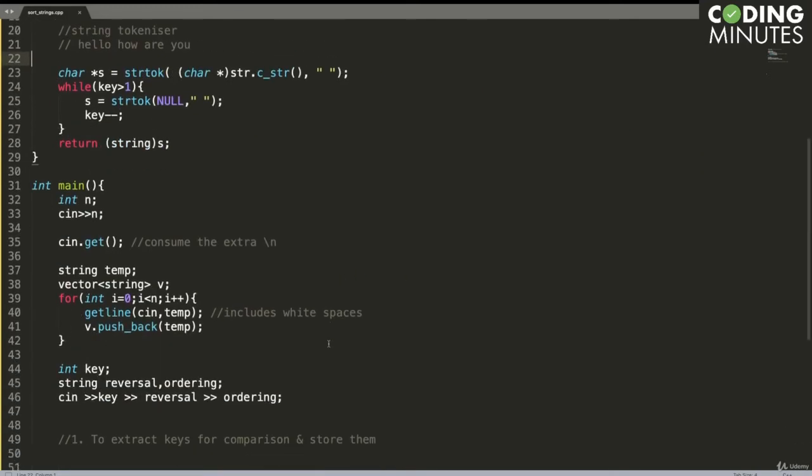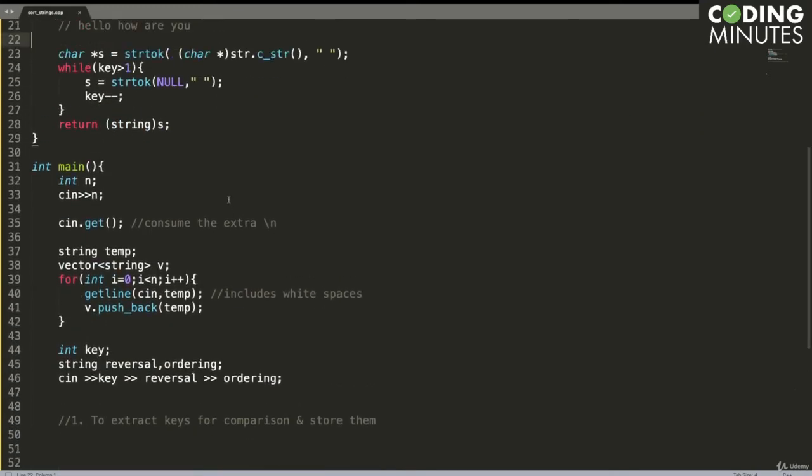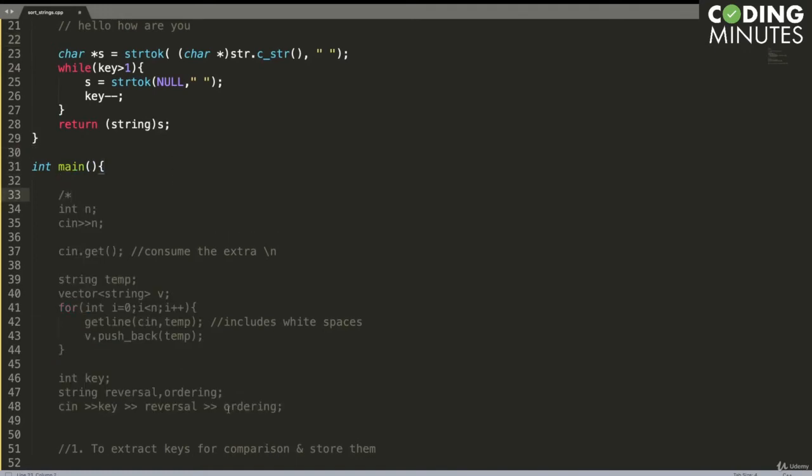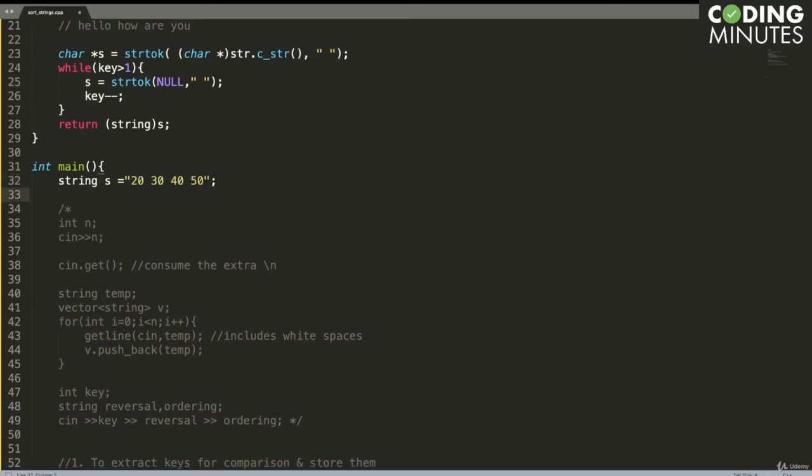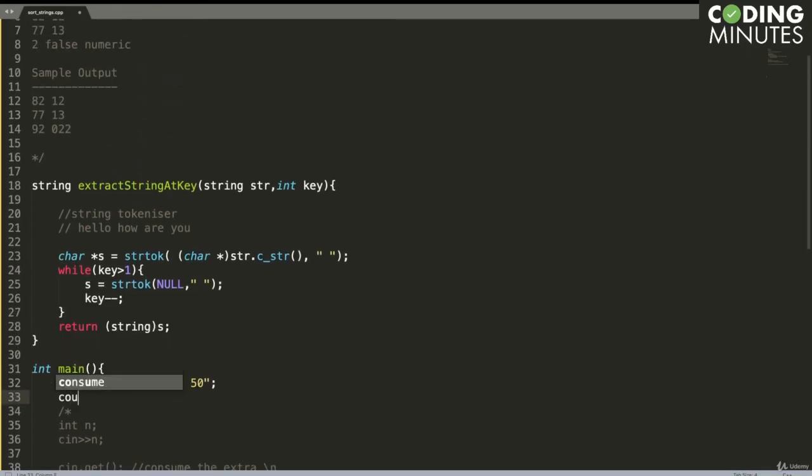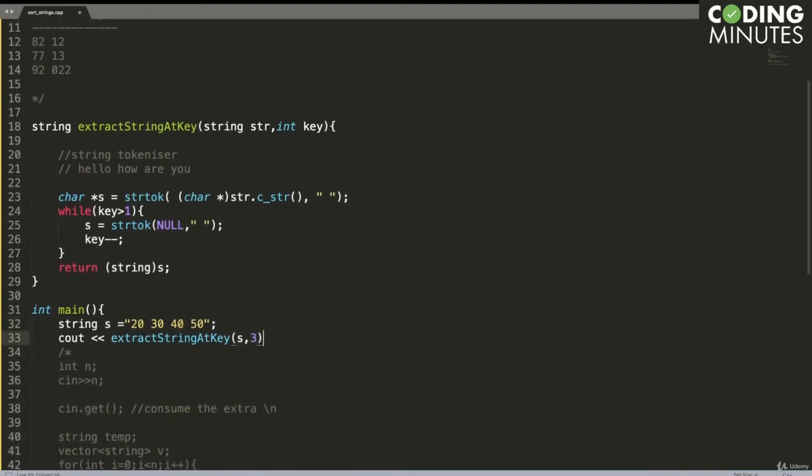So we can even test this code. Let us comment this thing out, and maybe I can show you. I can say string s equals 20, 30, 40, 50, and cout extract string at key, I give s, and I give, let's say, the third column.